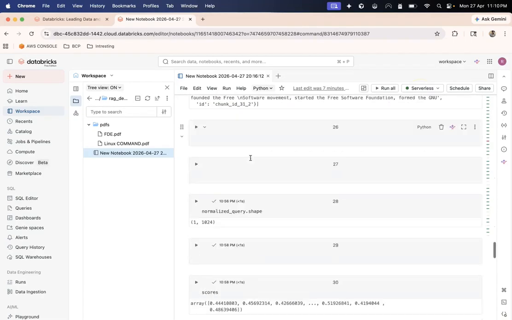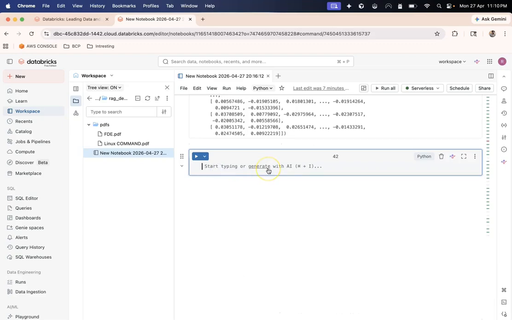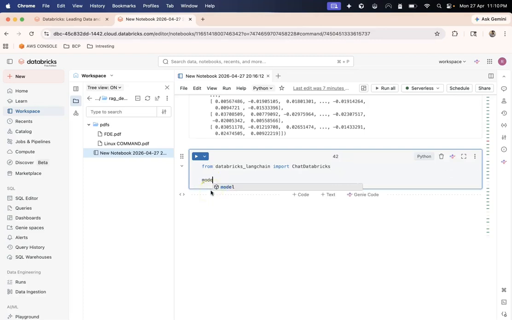To start with, I would like to quickly set up the LLM model provided by Databricks, even in the free edition, deployed for you free of cost. So from Databricks LangChain, import ChatDatabricks, and define the chat model.